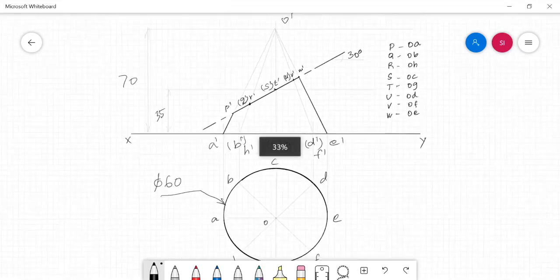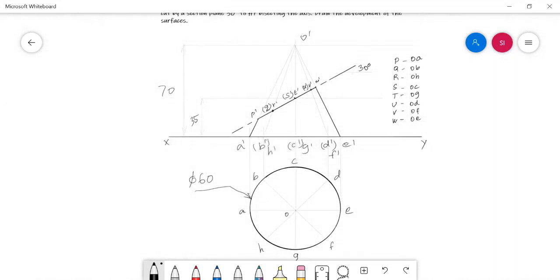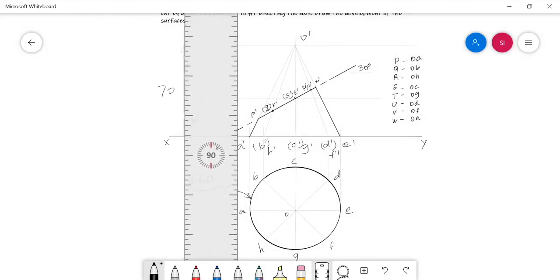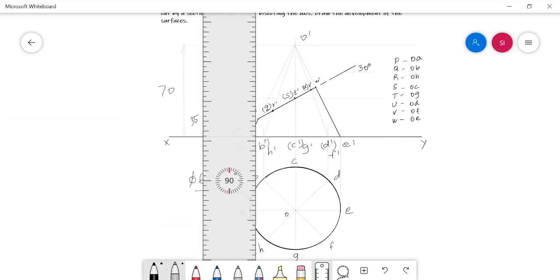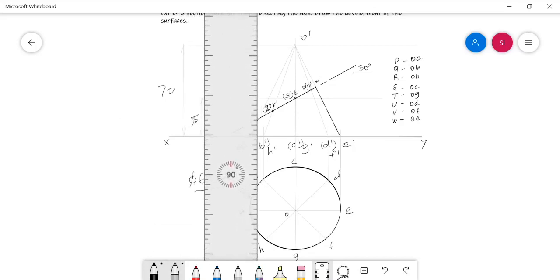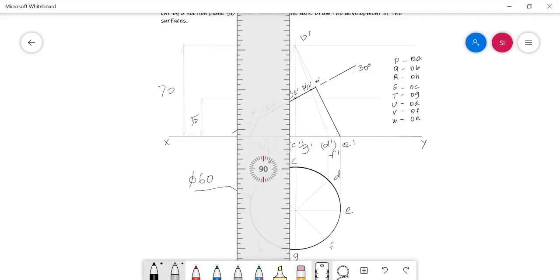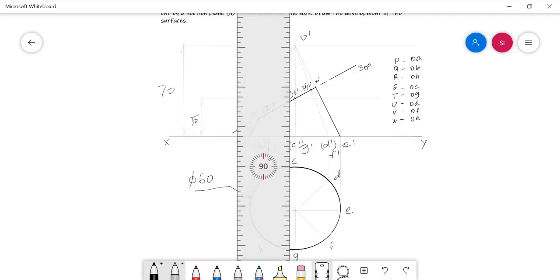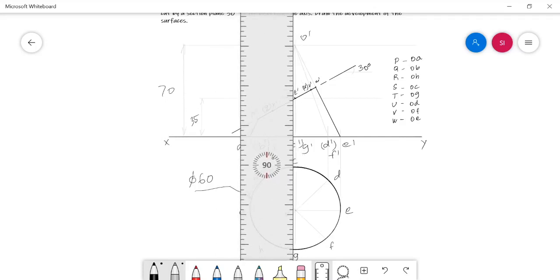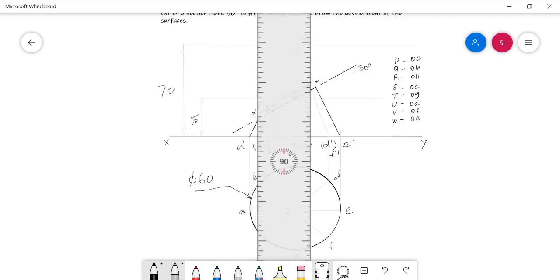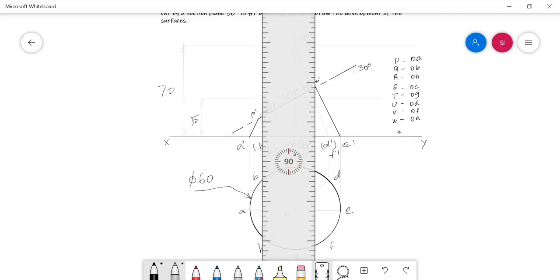Just for our reference, you need not mention this address data in your answer sheet. Now project all the cut points into the top view area and mark them in their respective generators. Now I am projecting the cut point P dash, QR, and when I project S and T, this won't intersect with OG and OC respectively. So I am projecting UV and W.